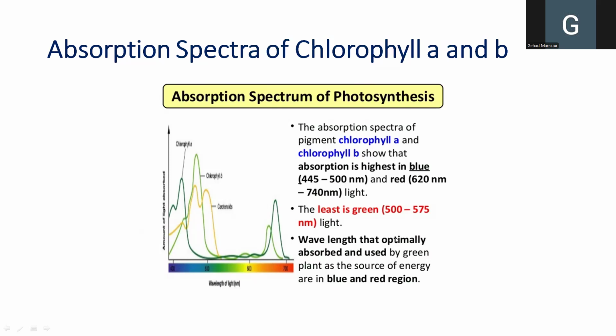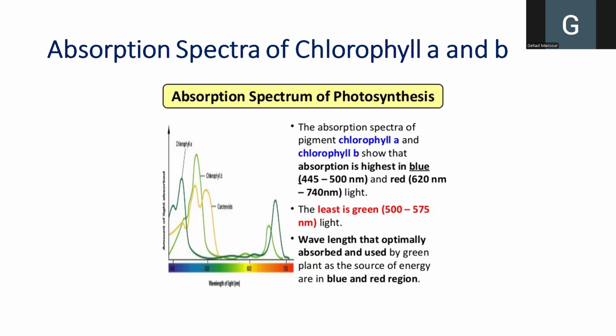So the wavelengths that are optimally absorbed and used by the green plants, which fall in the blue region and the red region, these are the ones absorbed. These are the ones that are not reflected. And if you reflect on this, you might be wondering, why do the plants absorb blue and red mainly? This is most probably because of the